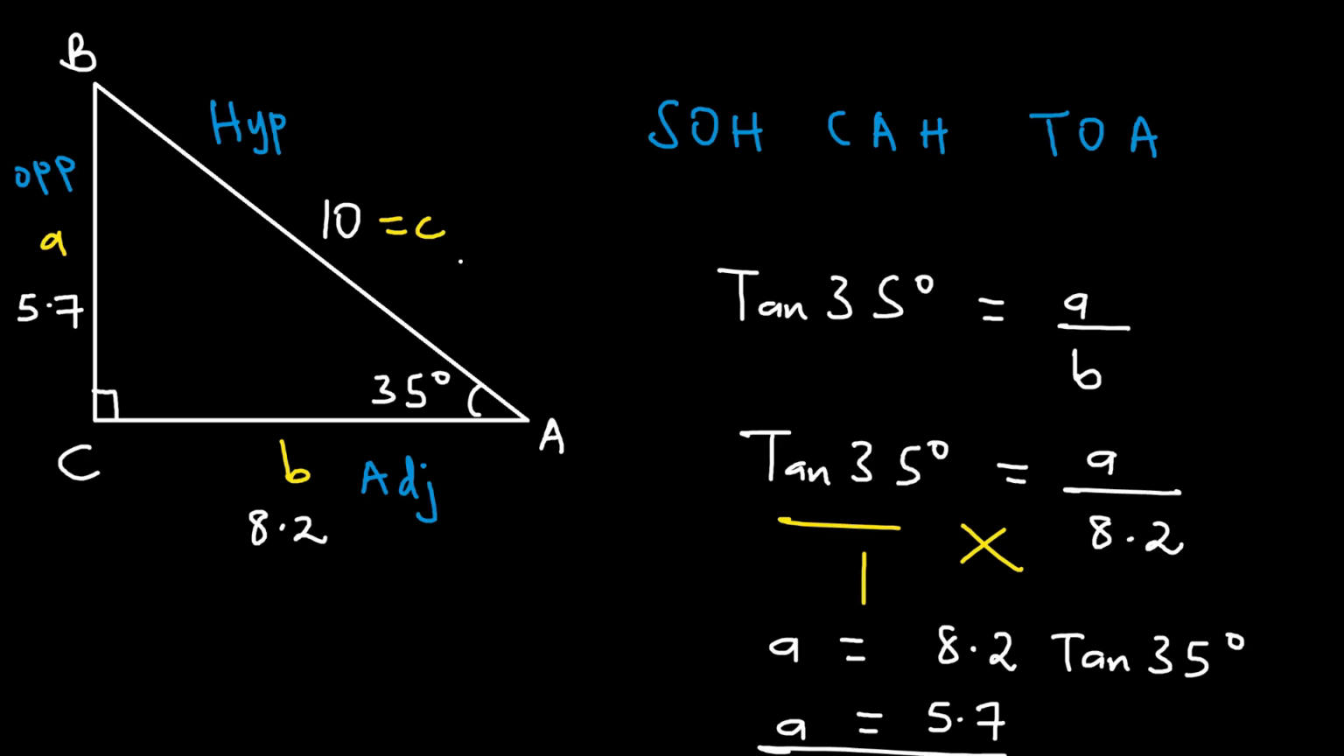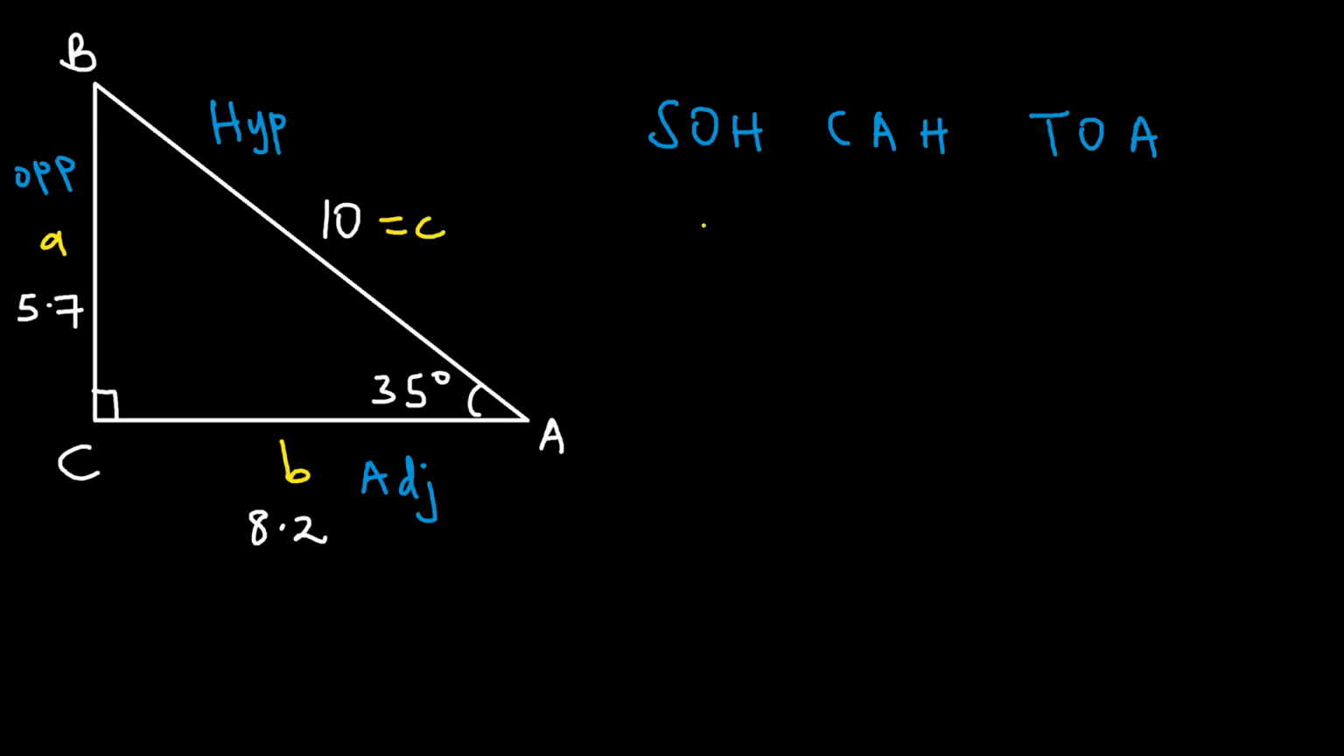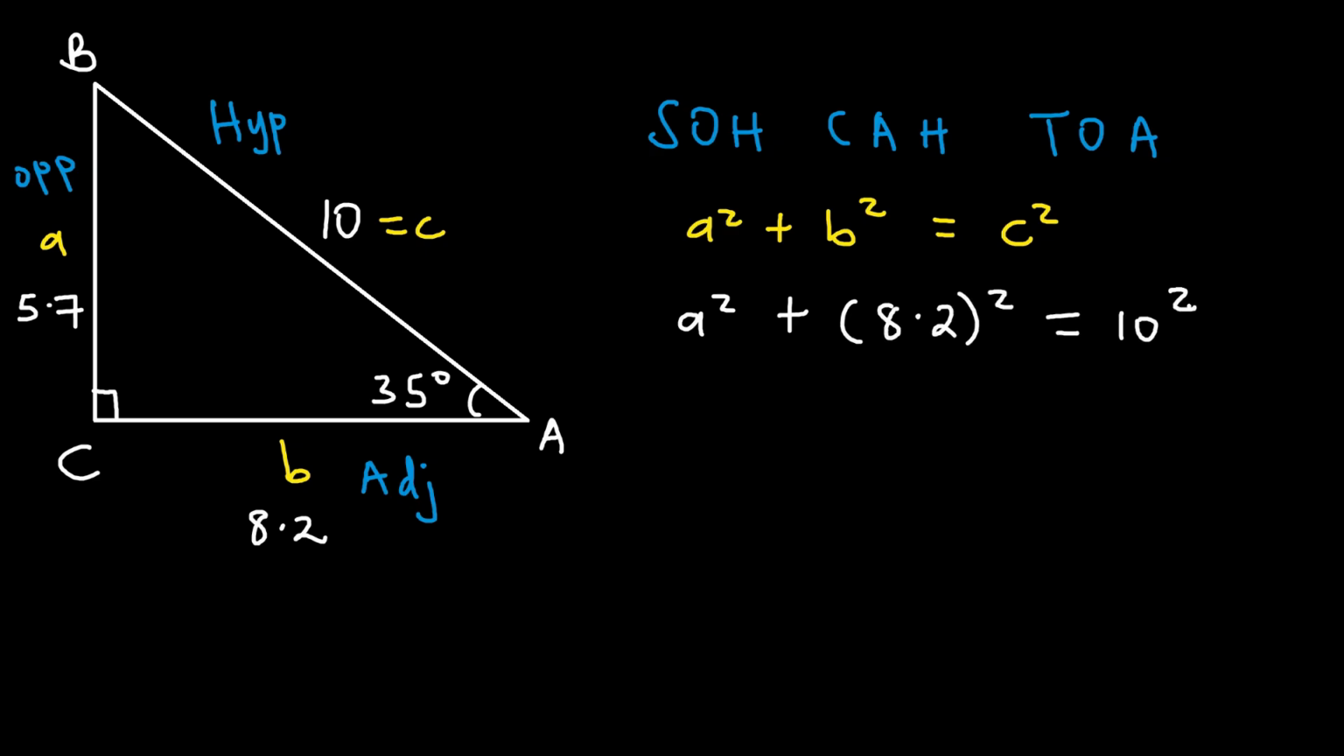Now if you want, you can also solve for A using the Pythagorean theorem. From the Pythagorean theorem, A to the power of 2 plus B to the power of 2 should be equal to C to the power of 2. So we shall have A to the power of 2, which we are looking for, and then plus B, which is 8.2, to the power of 2, equaling C, which is 10, to the power of 2. And so we shall have A to the power of 2, and then plus 8.2 to the power of 2 is